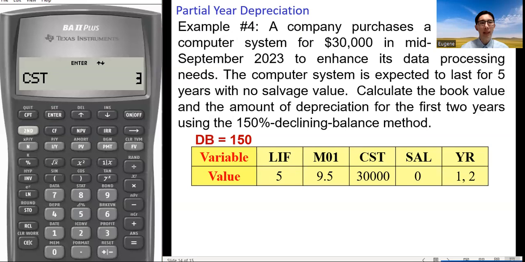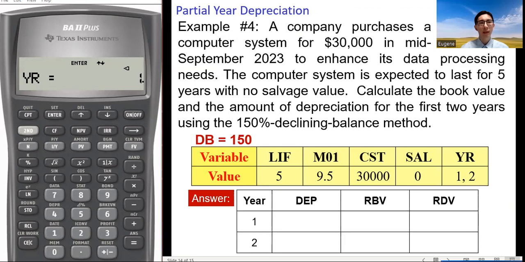CST 30,000. SAL 0. YR is 1. And then we can get the information for DEP, RBV, and RDV.